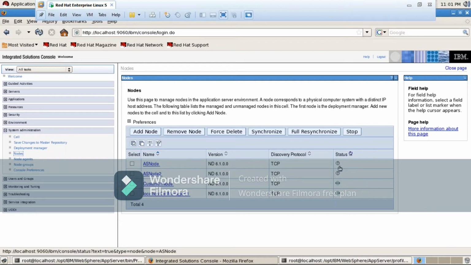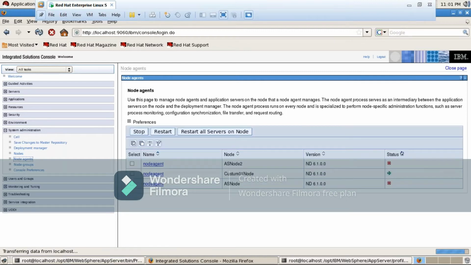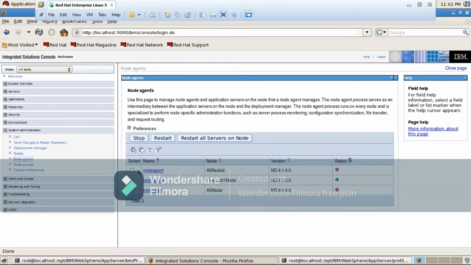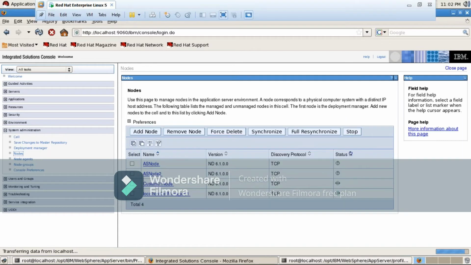Why is the status like this? They are not synchronized. Node agent, I think, is stopped. See here, because those 2 node agents are stopped, you are seeing the nodes' status as unknown, right? What do you mean by this?